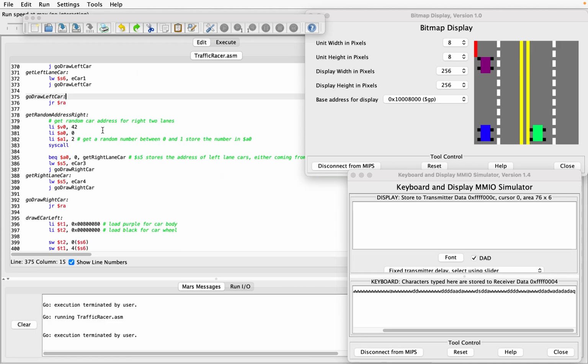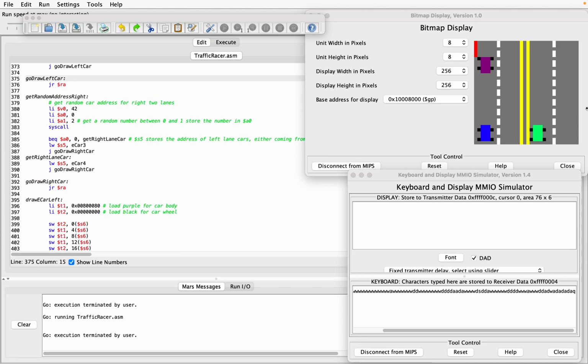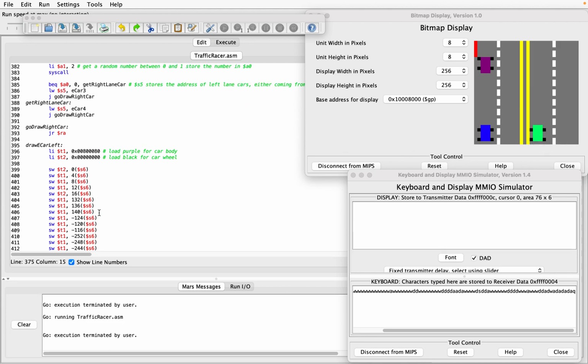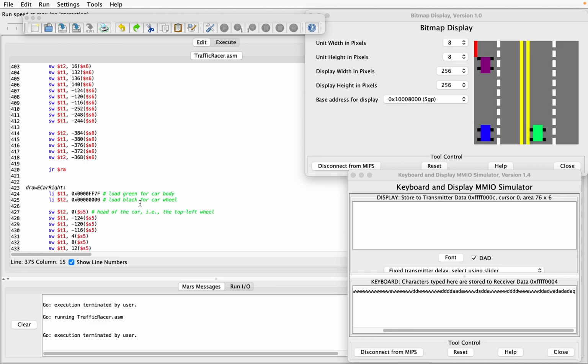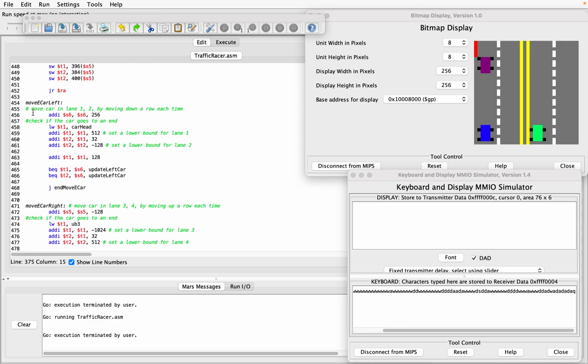Okay, and similarly for get random right, it will randomly pick either the cars coming from lane 3 or lane 4, and then I just draw the car according to the address, draw the enemy car. And I can also move my enemy car,